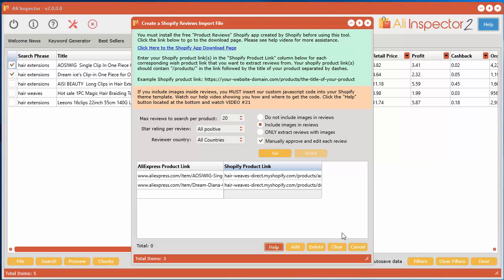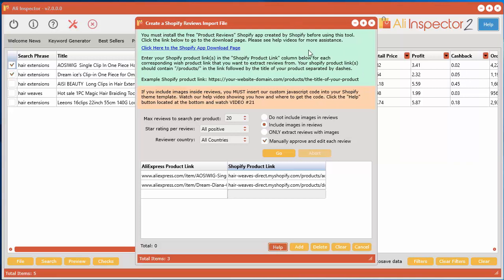But pretty straightforward. After you've installed the app and after you put our fancy little code for showing images, everything is straightforward. Then after that it's really quick. You start pounding in tons of reviews, really good reviews, especially if you manually approve and edit each and every review so that it looks nice in your store. It's going to really boost your sales.